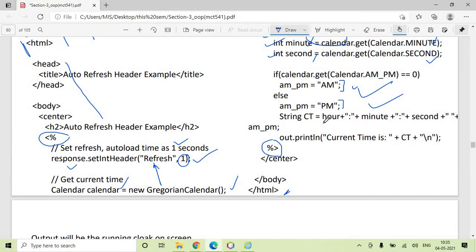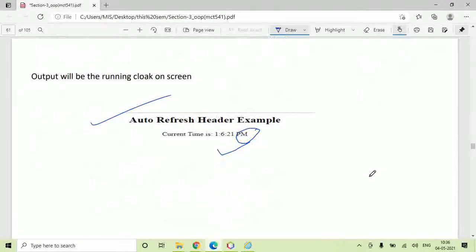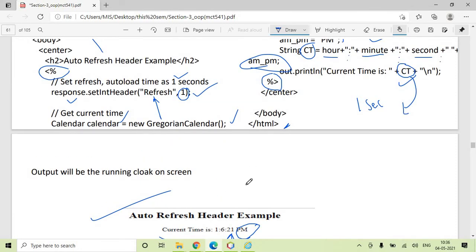Now here you have string concatenation: hours, colon, minutes, colon, seconds, colon, along with the AM/PM, and you print this concatenated string on the web page, and it will be refreshed after every 1 second. So when you run this program, the current time gets printed, and you see the second counter automatically incrementing. This is how you can create it.